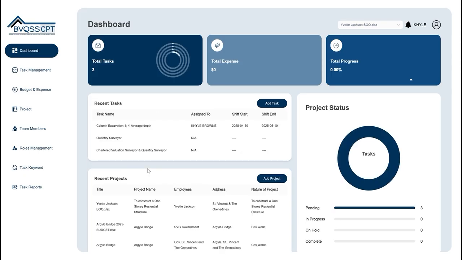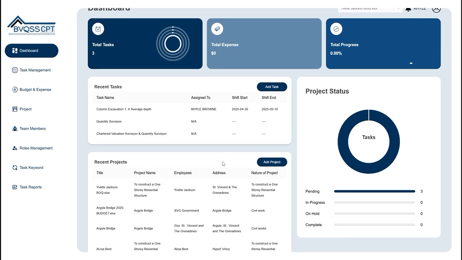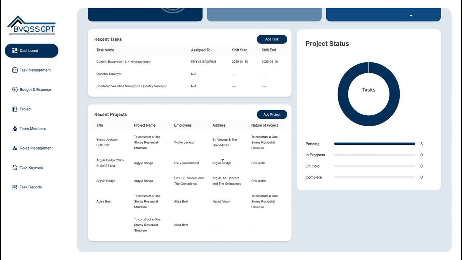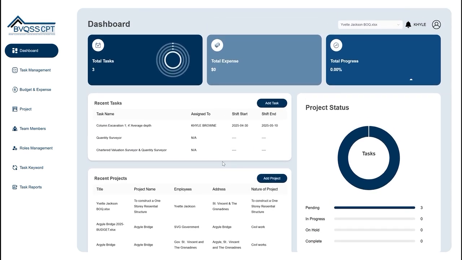Upon logging in, you'll land on your main dashboard. This is your central hub for overseeing all your projects. On the left, you have the main navigation menu: Task Management, Budget and Expense, Project Details, Team Members, and Reports. At the top of the main panel, you get a high-level summary: total tasks, total expense incurred,